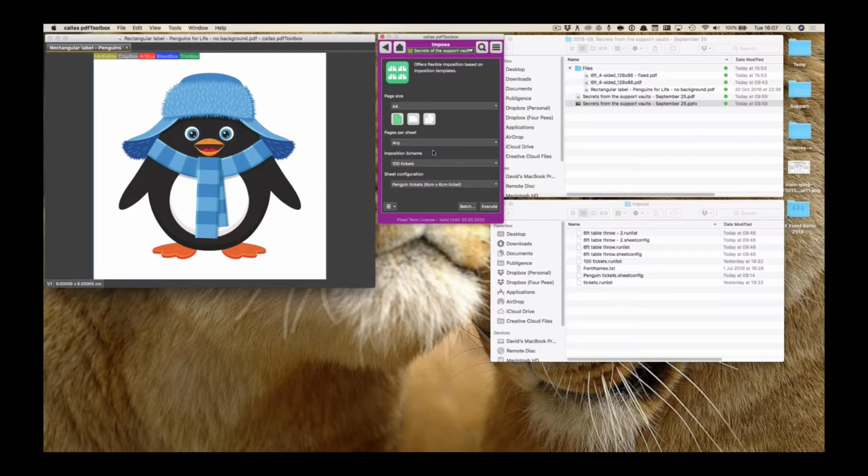The imposition scheme, or run list as the file itself is called, determines what the logic is. Which parts of the original file are put where? Is each page put on the imposed sheet once or twice or in different locations? Is it rotated? All of these things, all of the logic that goes into an imposition is contained in the imposition scheme. If I run this,